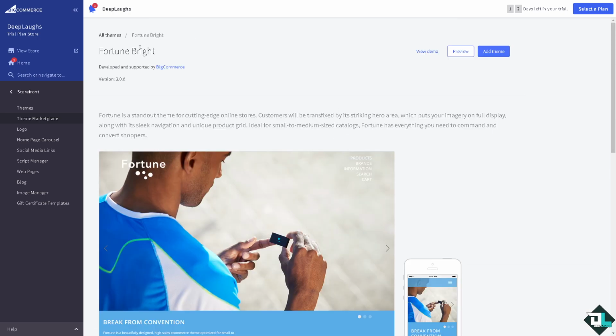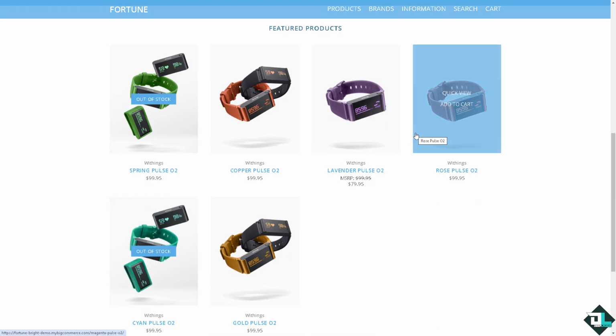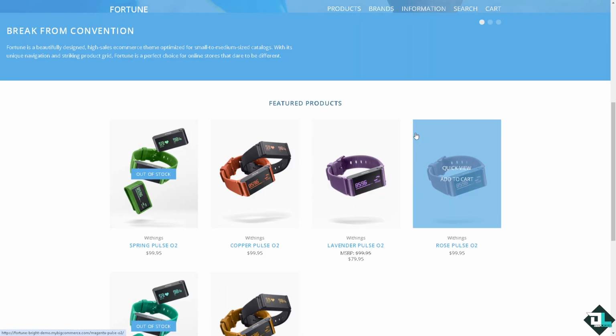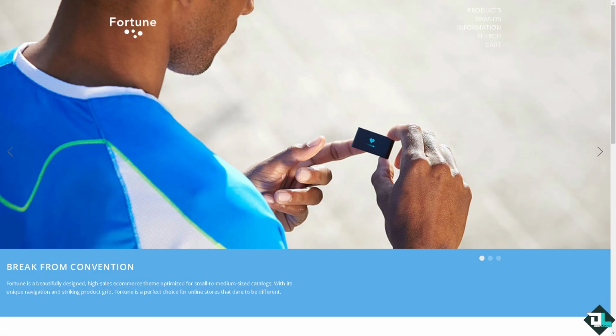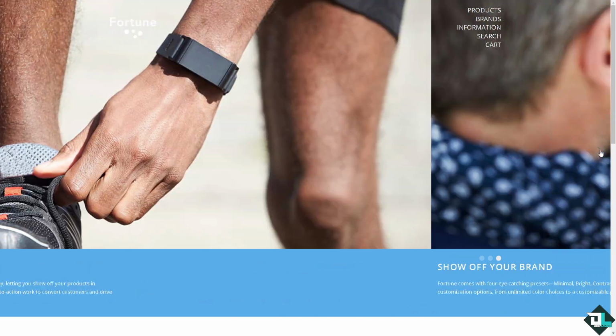For example, this one, Fortune Bright. You have two options here. You have preview, add theme, and view demo. If you want to test the waters, if this is going to be the template that you're going to use for your store, you might want to click on that to check the responsiveness of your store template. Right, you can just hover along, click on it, and once you're happy, just